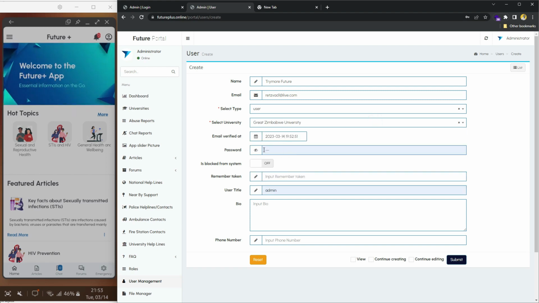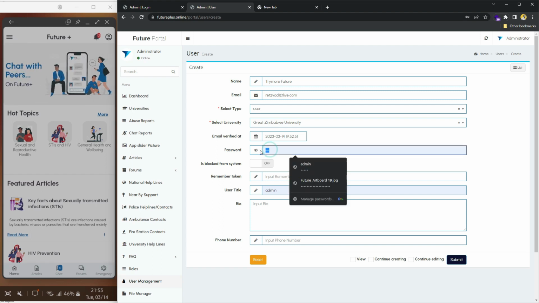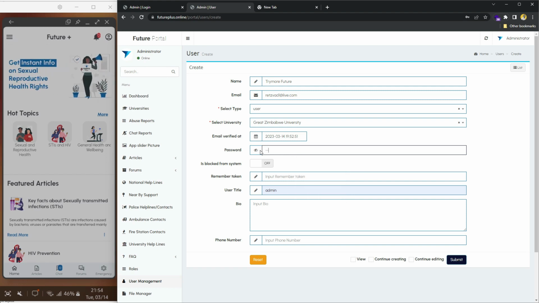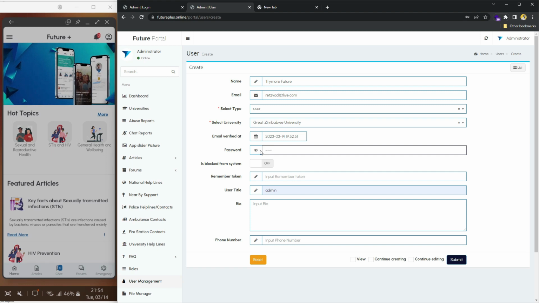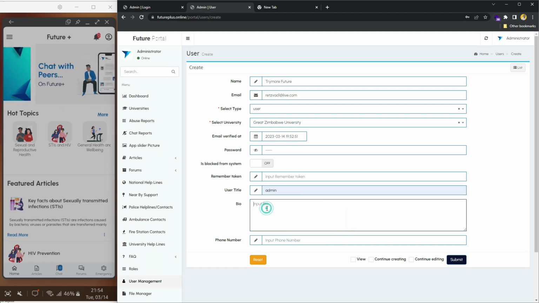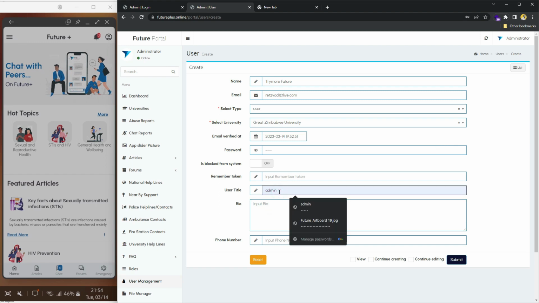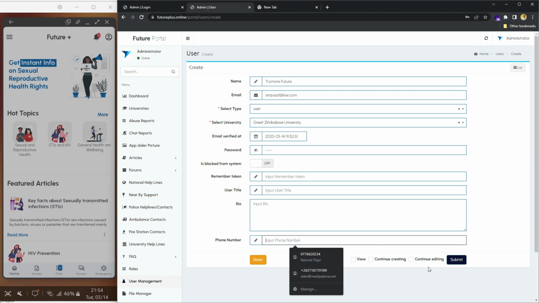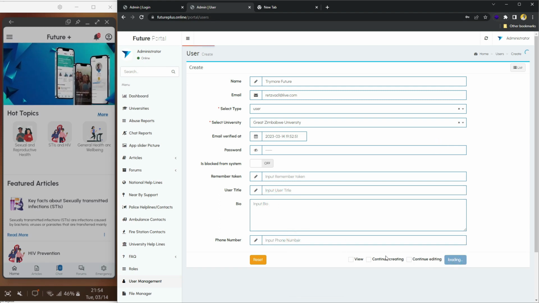And then we are going to create a password for them and then send it to them. Also encourage them that they may change their password, right? And then probably enter their user title and their bio. But in this case, we're not going to be inputting their user title and their bio, and also their phone number. So this should be enough,